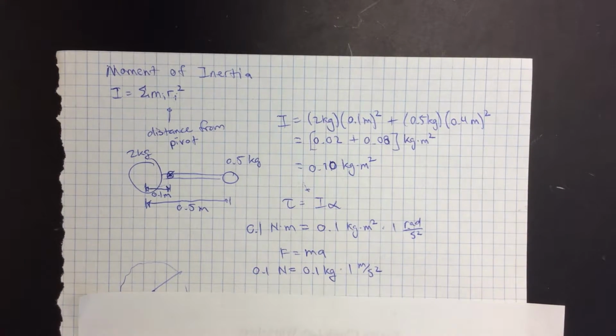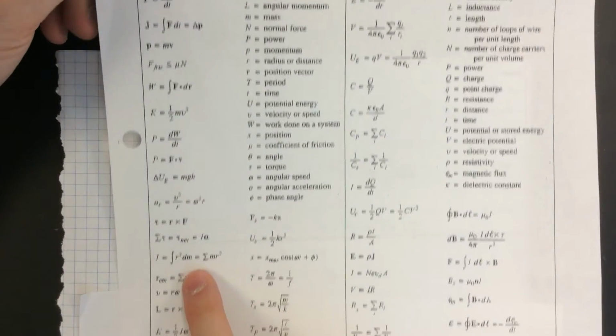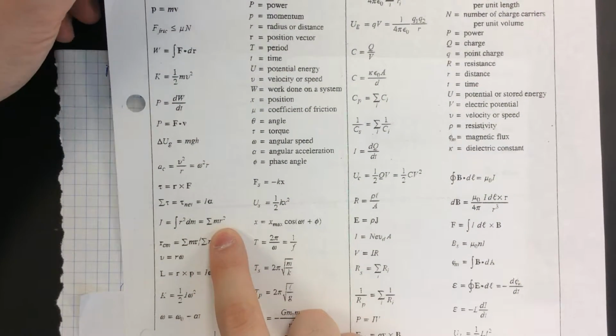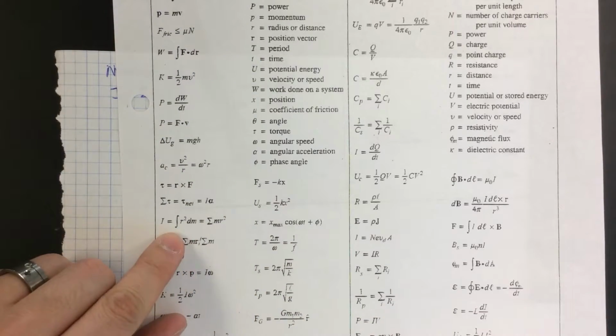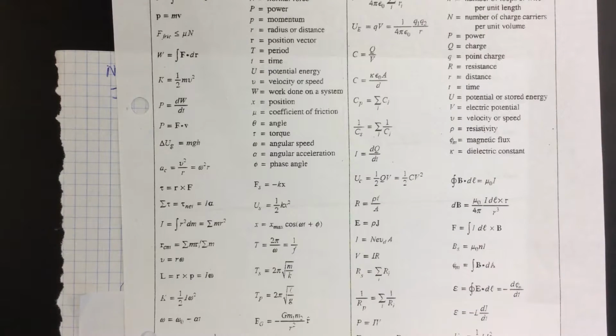So if you look at the equation sheet, it gives you two. This is the distinct particle version. This one is the calculus version, meaning if you have a continuous body, a distribution of mass. So, for example,